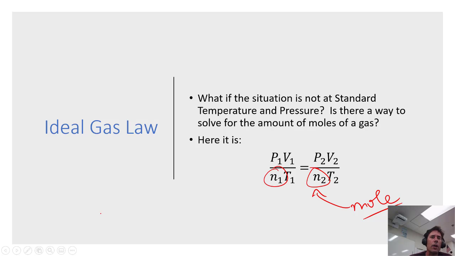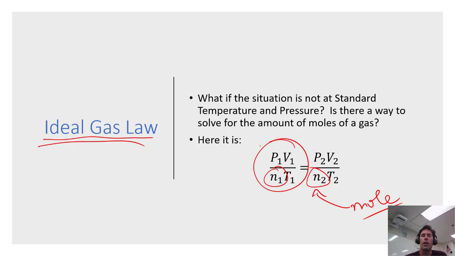Now, this is great, but again, this is for an ideal gas. So what scientists did is they decided, let's make this more simple. Let's make it so that this right here becomes a constant at an ideal situation. Ideal. So let's make it at standard temperature and pressure. Okay, that's for a gas.